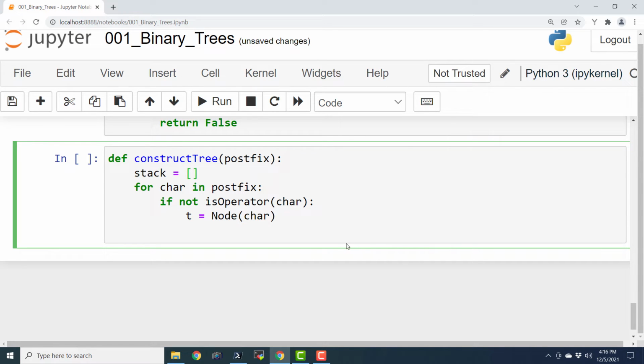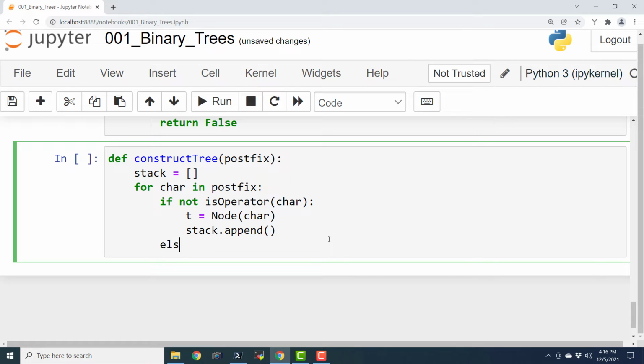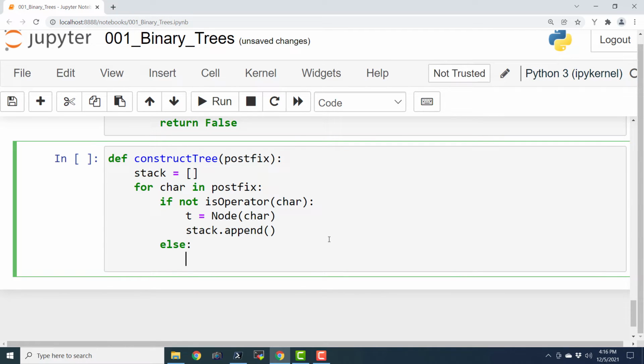Basically it is going to be an empty list, and we are going to use the functionality of a list to emulate the stack. So I will say stack.append. After that, else, t equals node of char.